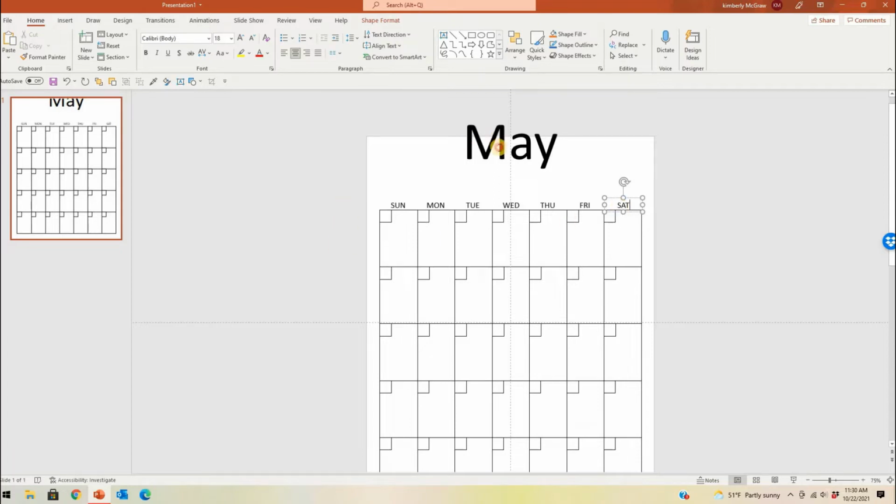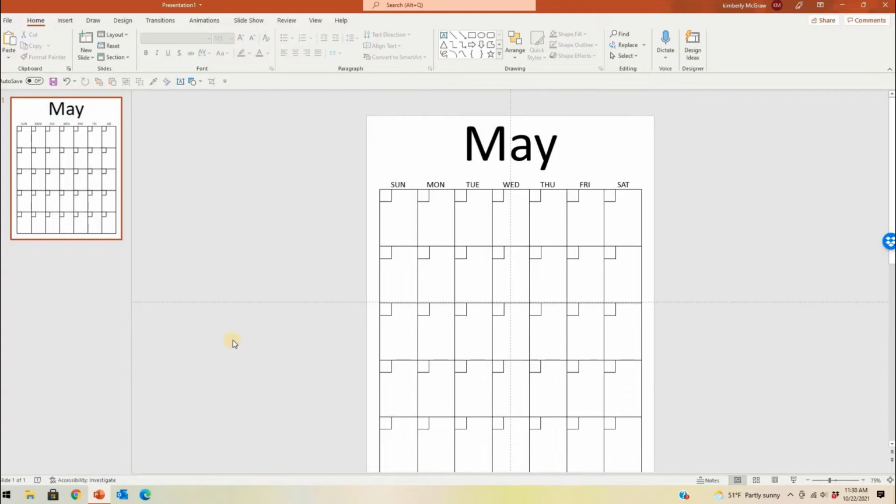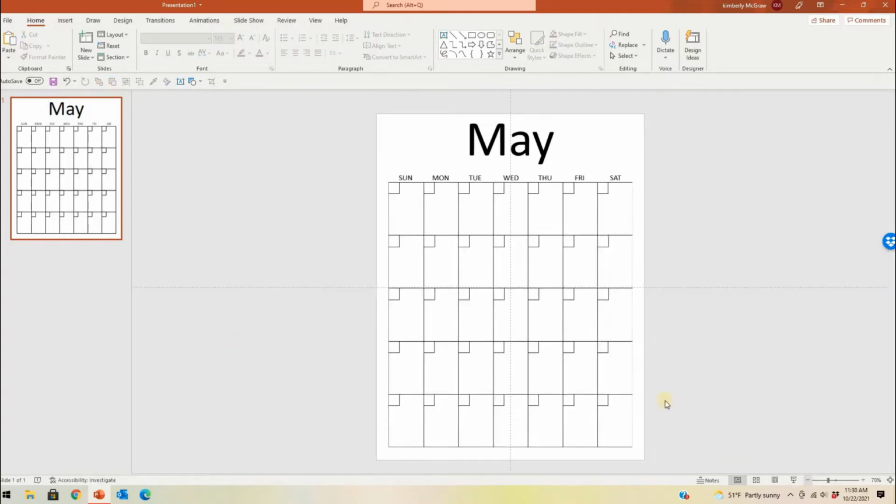Okay, so now this is a proper calendar. So now it looks like it's supposed to look. We're going to make this a little more view where you can see the whole thing. So what I'm going to do now is show you 3 different ways to spice up your calendar. Obviously you can play with it and do all kinds of things with it, but for today's video